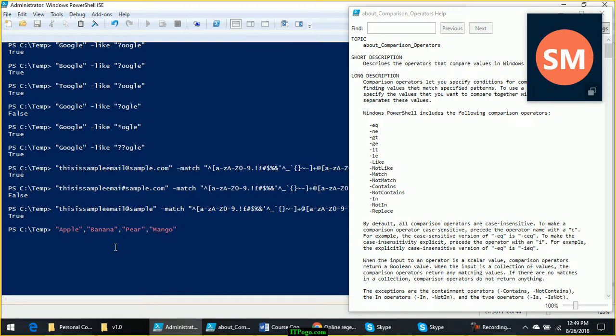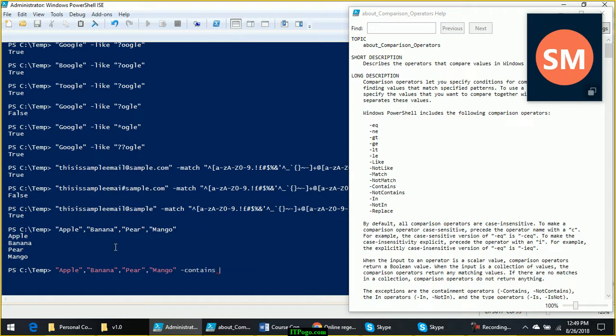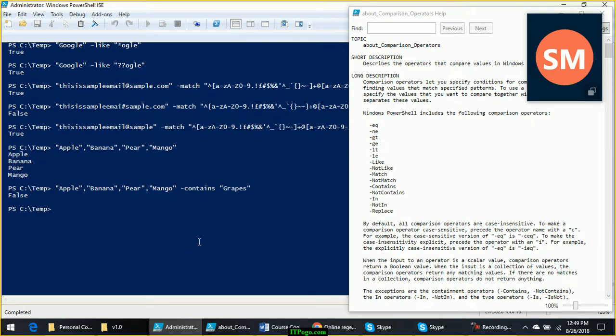So when you hit enter, it will give you a list of values. Now if you want to find out inside this list, does this list contain grapes, it will return false because this list does not contain grapes. Or does this list contain pear, it will return true.